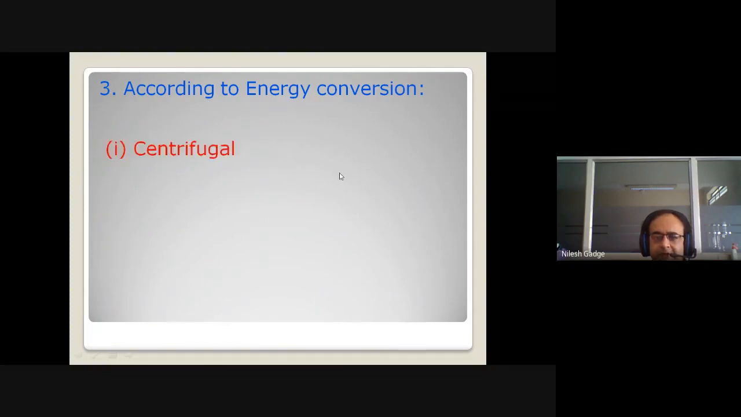So then the third classification is according to the energy conversion. In that, centrifugal energy is used, kinetic energy is used, hydraulic energy is used, and then gaseous energy is also used. According to the energy conversion, you can say centrifugal sprayer, kinetic sprayer, hydraulic sprayer, gaseous sprayer. Then,